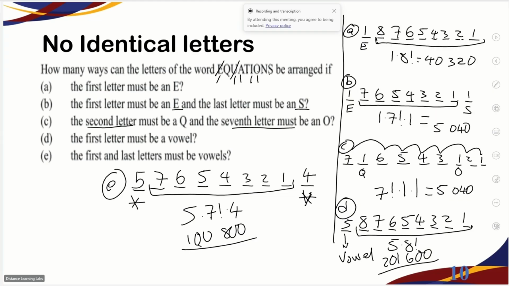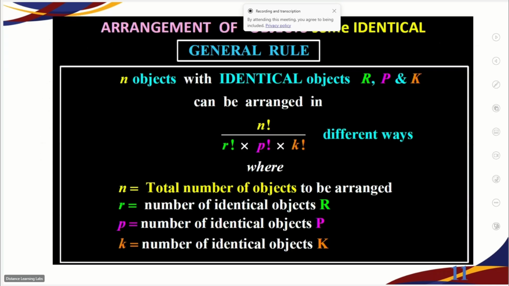Let's check the other examples because we are not only dealing with identical letters. We can also have arrangements of objects that are identical. Now, whenever we have identical letters,